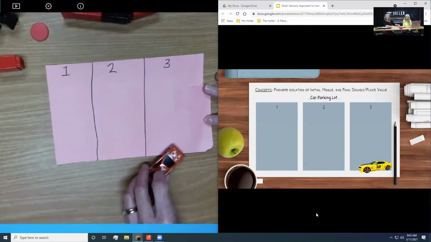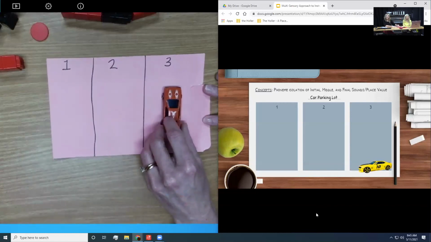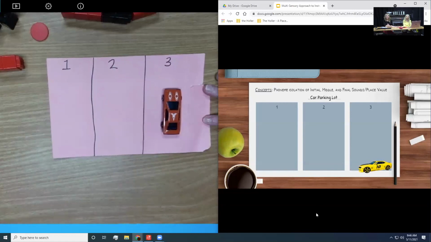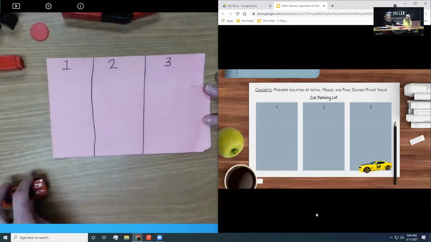It's at the end of the word, and they're going to park it in the parking lot at the end. And then you can very quickly, easily see, especially if you have a small group, you can look around and very quickly see if everybody got it correct and they understand that they can identify the final sound. And then if you give them a word,